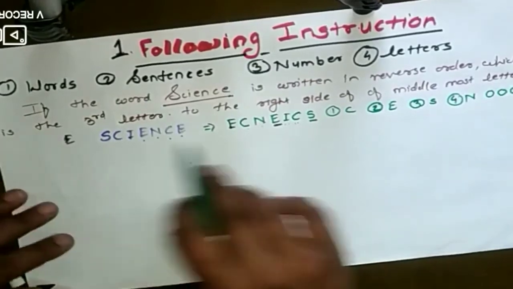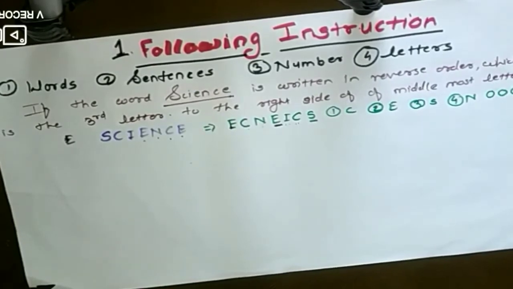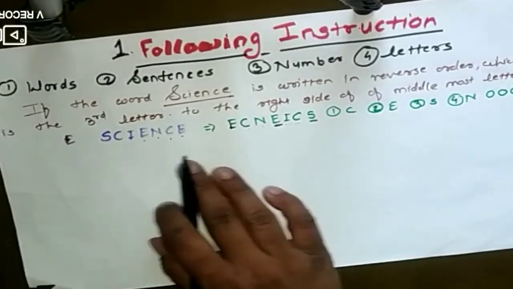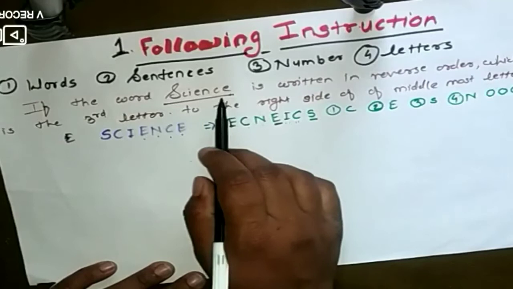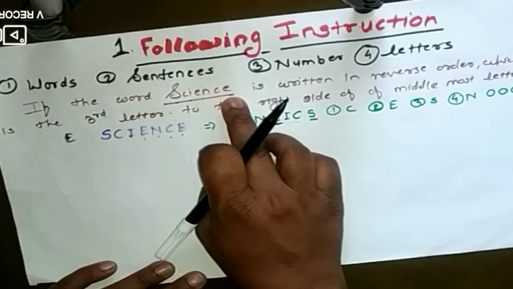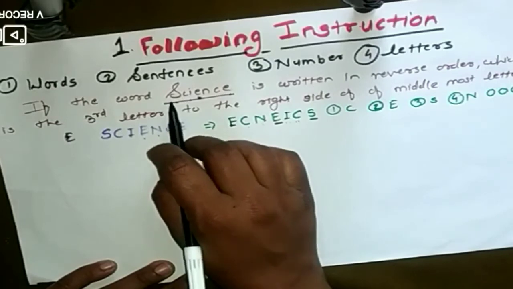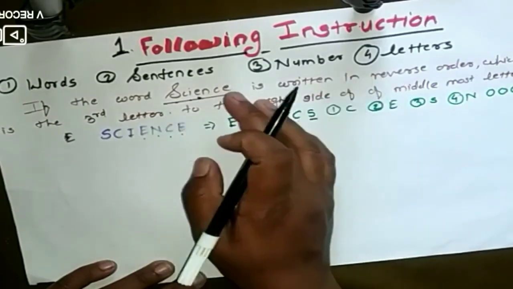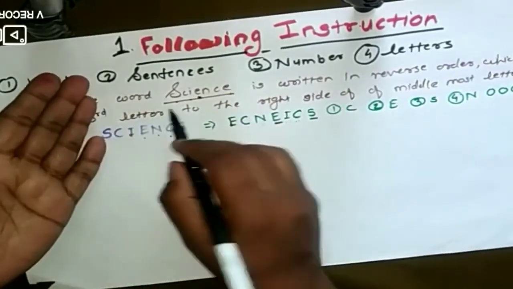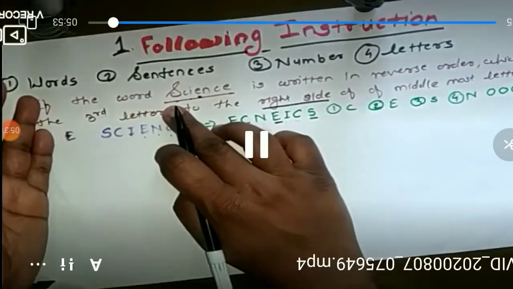Now this is how we generally solve it. We have to give each question one minute. If you want to solve it in short, then what they are asking is that you have to write in reverse order. Means in the question only, S C I E N C E. The middle letter is always the middle only. The left side's letters are on the right side when we write in reverse order, and the right side's letters will come on the left side. So if they are asking for your right side's letter, then you just take the left side's reverse order.